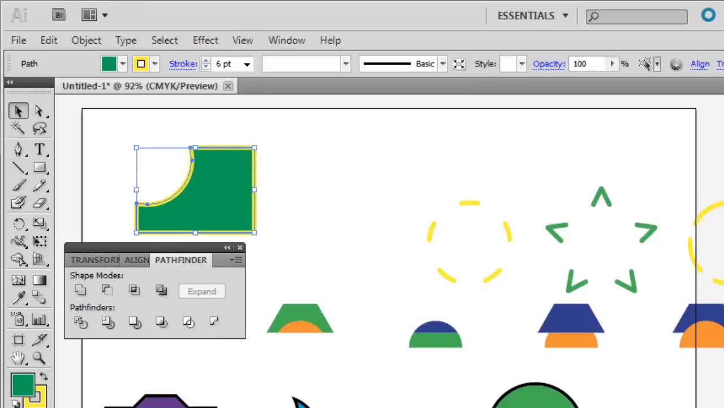The Pathfinder palette offers many options that allow you to create complex shapes by overlapping simple shapes. I hope that this tutorial serves as an introduction to these options, and if you ever need any more assistance,